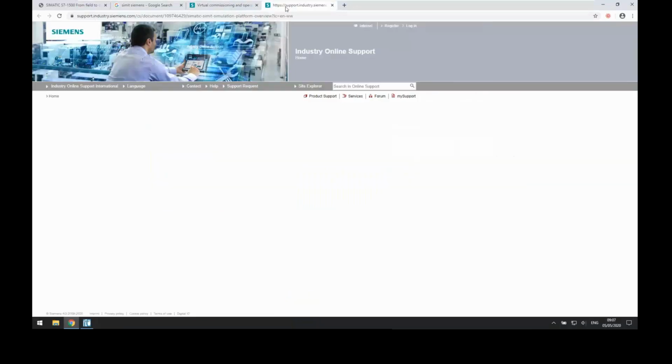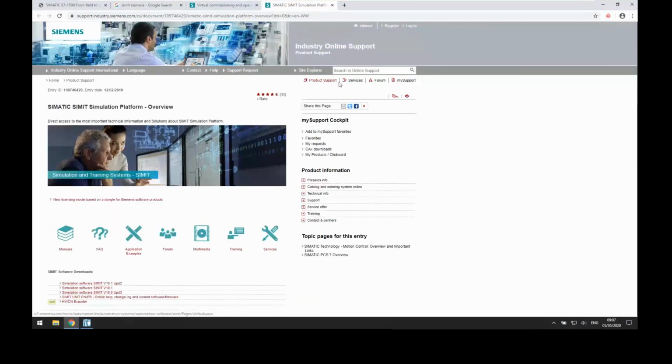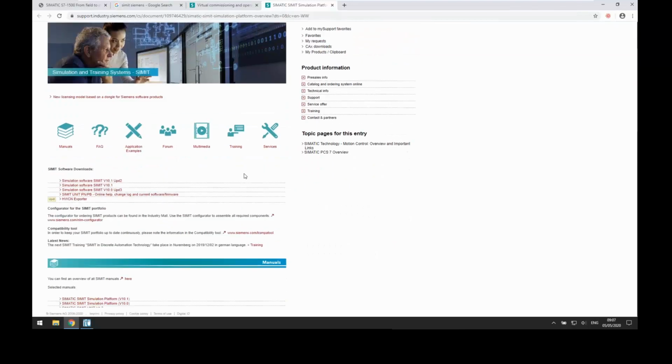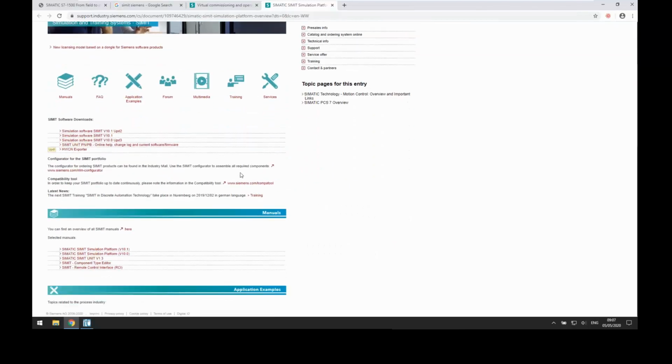I would always advise going to support.industry.siemens.com and either using the search engine or using Google to get here. And this place is probably the best place for finding information about SIMIT. So the overview of the SIMIT simulation platform includes all the links for downloads, for manuals, FAQs, application examples, and the great thing, the media